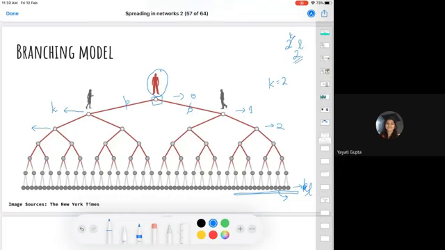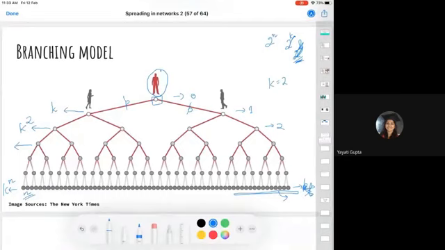So in general, if every node has k children each, instead of 2, how many nodes will I find at level n? Here I have k nodes, then I come down, I'll have k into k nodes, because each of these k nodes again have k nodes, and so on. So I'll see k to the power n nodes here. That is how this tree grows.